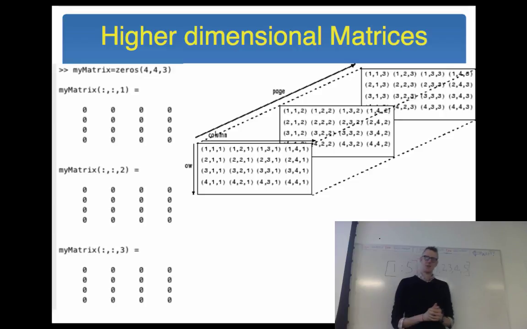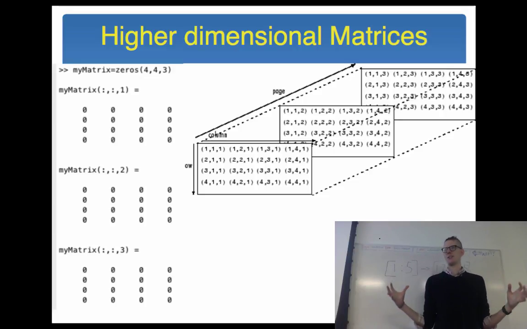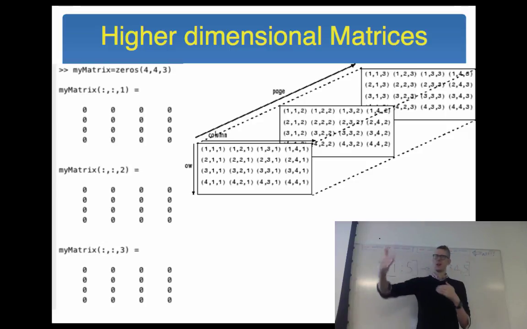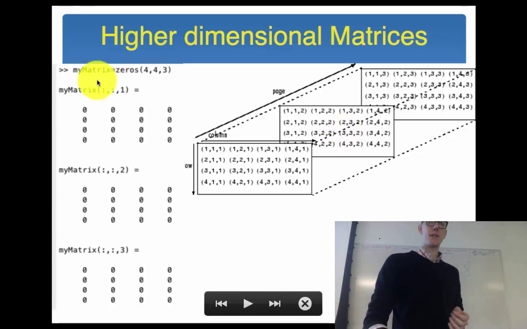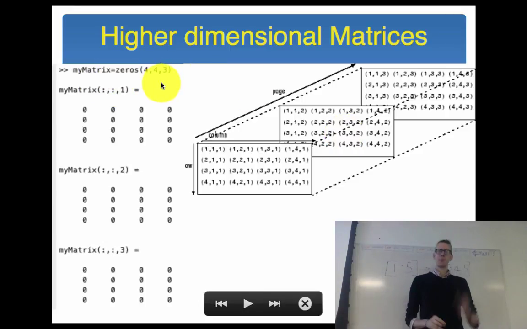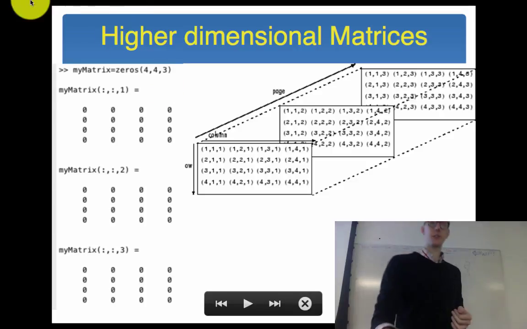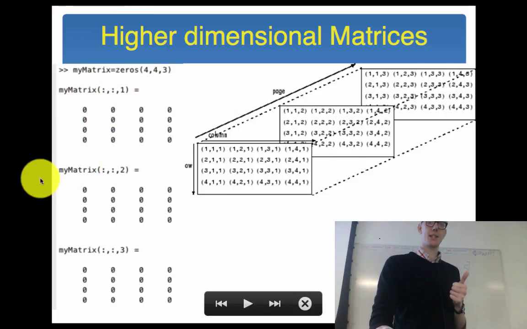And just to really mess with your heads, things can get even higher dimensional. And in MATLAB, we call it rows, columns, and page, which is when we come up to 3 dimensions. And for example, if I define my matrix equals zeros, 4 by 4 by 3, it's a 4-row matrix with 4 columns and 3 pages. MATLAB will display 1 page at a time. It tells me that the first page looks like this, the second page looks like this, and the third page